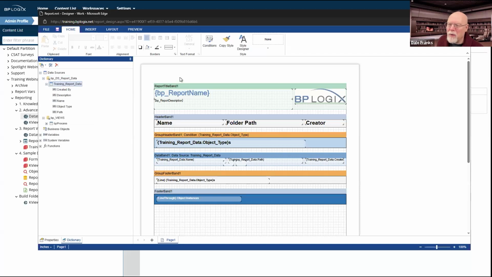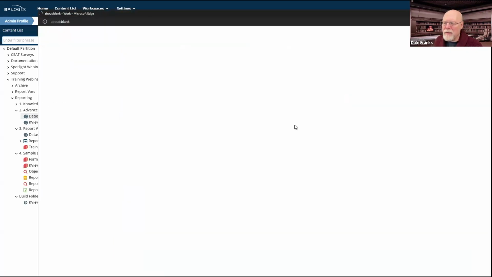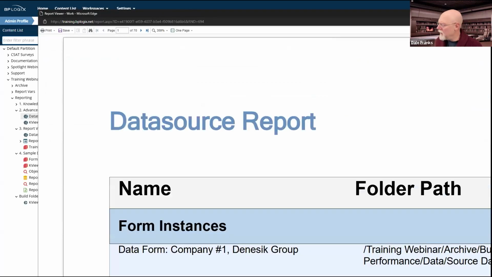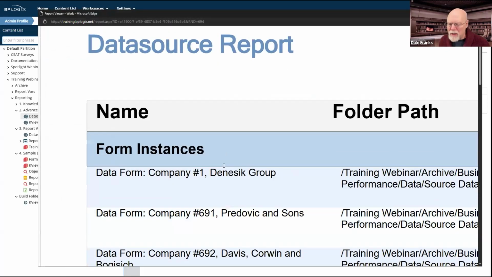And there's my training report data. So I'm not sure what I have done since yesterday to mess this up. This is most disturbing. I wonder if it's just something in preview, because I was using view report yesterday, and it does exactly what I expect. All right, I'm not sure what it is I've done that's messed up the preview.